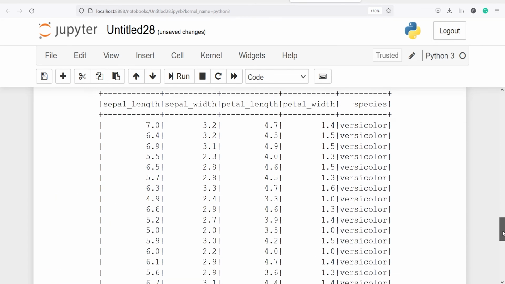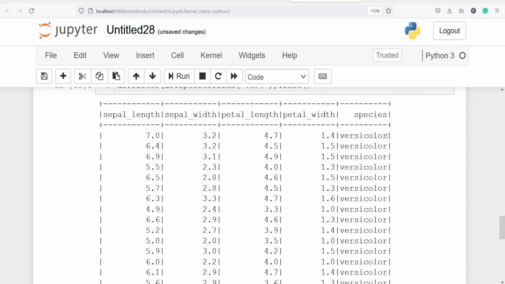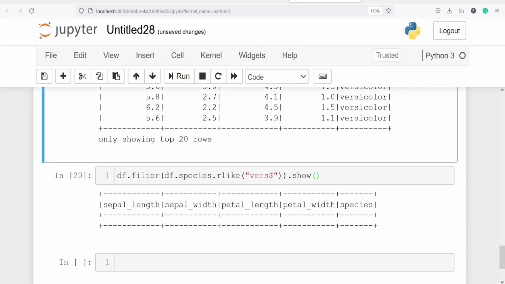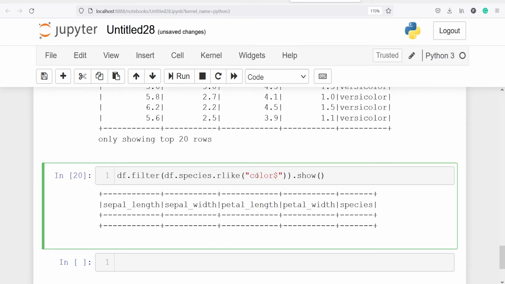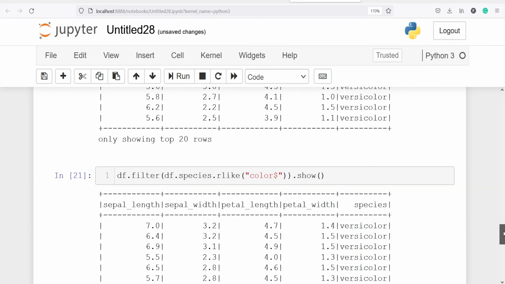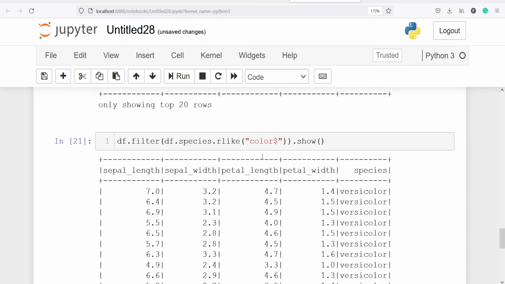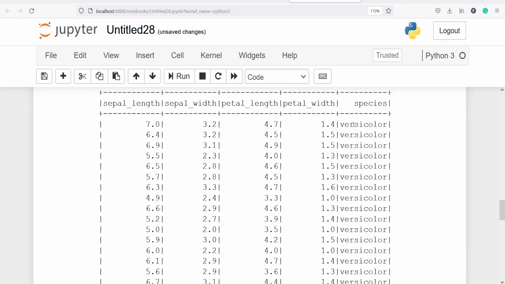Instead of VERS I will write, let's say, color, and we got the output here. Because this is rlike, we have to take some alphabets from the right hand side. When we took the first three alphabets we did not get a match, but when we took them from the right hand side we got the match here.